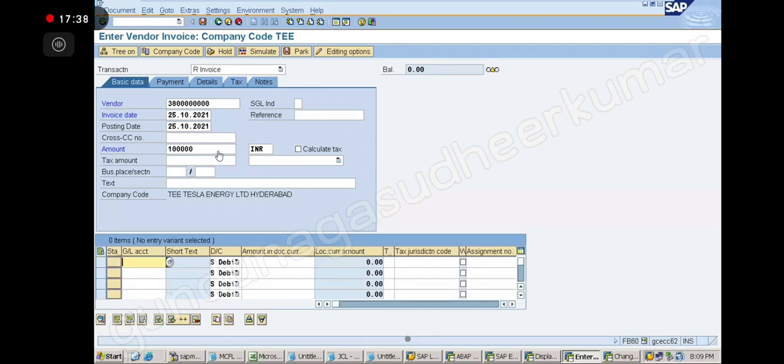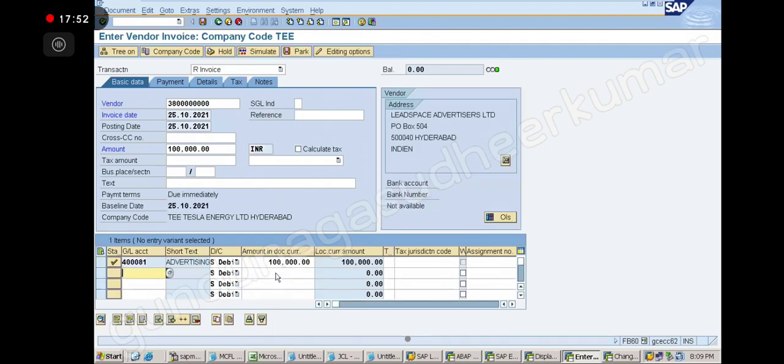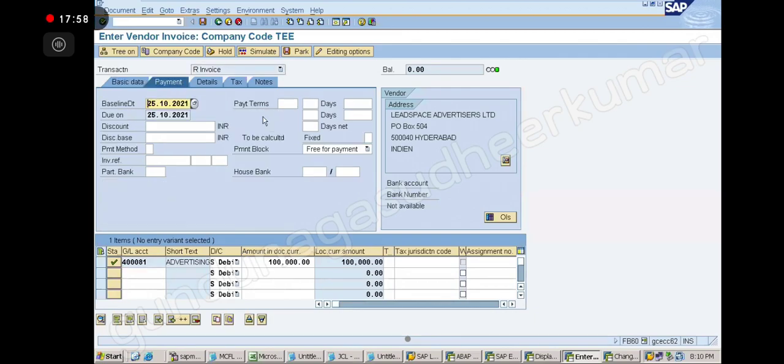So this is the amount, and what should I do next? You tell me. Purchase account, sir. Account number, some number I will give, and I will give expense. Next, payment term. I will go to the payment tab, and here the payment term is 0050.